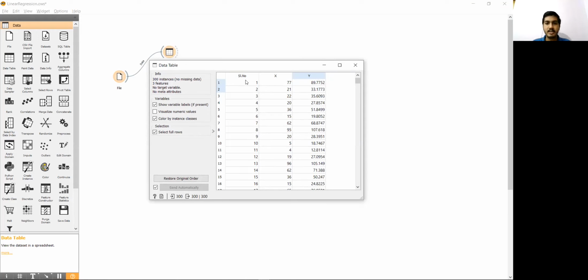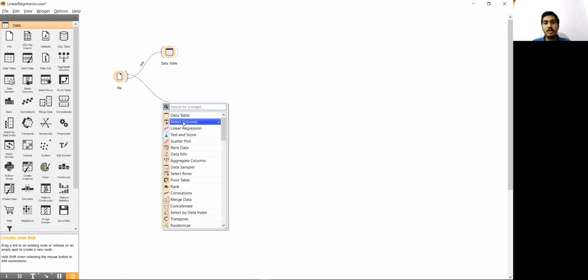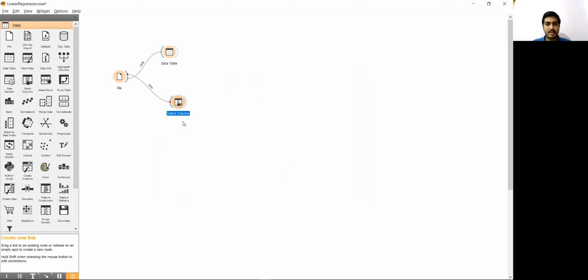Now, as we can see, the column serial number does not have any relationship in predicting the y value. So we need not consider the serial number column while calculating the linear regression. So we just have to select a few columns that would be useful for our linear regression calculation.